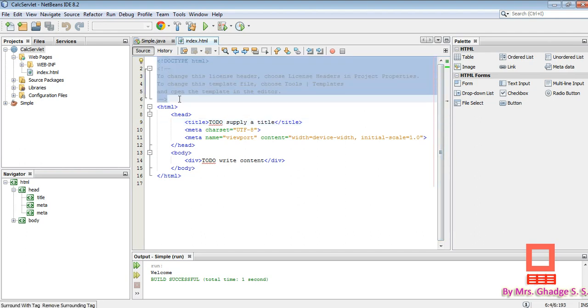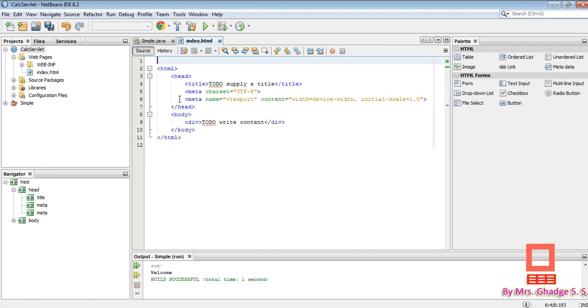I'm going to delete these comment lines. Under the web pages folder you can see this index.html file. This web pages folder contains all the web pages. It may be a .html file, a .jsp file, or a .xhtml file, that is a JSF file. So all types of web pages we can store here.